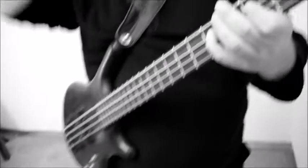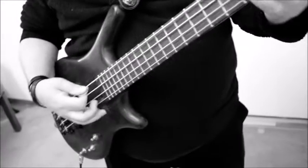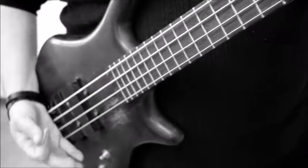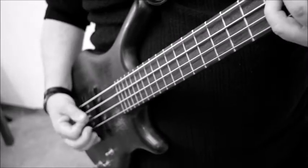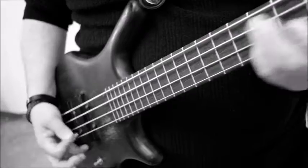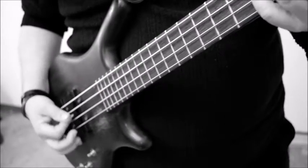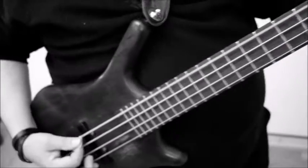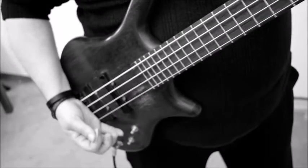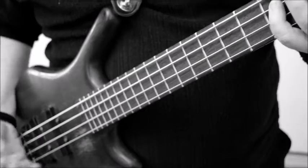Okay, next what I want to talk about is palm muting. It's a form of articulation. It's also a form of anchoring. Sometimes I'll anchor my whole hand. Instead of having my pinky there, I'll anchor my wrist on the bridge of the bass, and I create that muted sound that I love about a lot of older bass players from the 60s like James Jamerson and Paul McCartney. It's in a lot of stuff, and it can be a very funky sound. So my wrist is on that portion of the neck. And if I use that with the 16ths and 8ths,